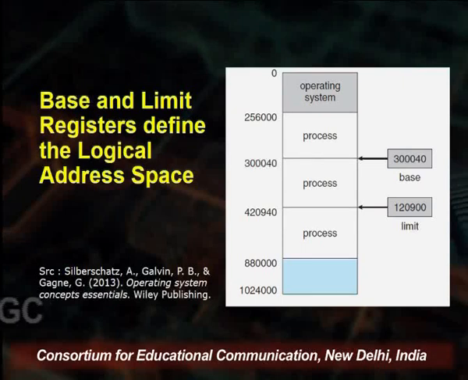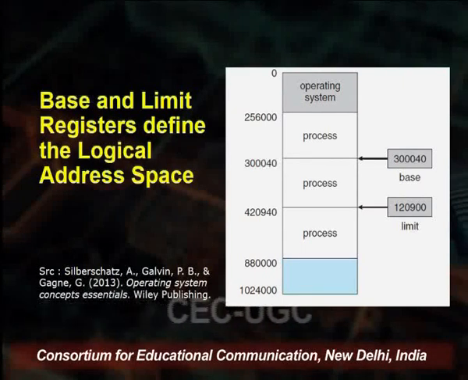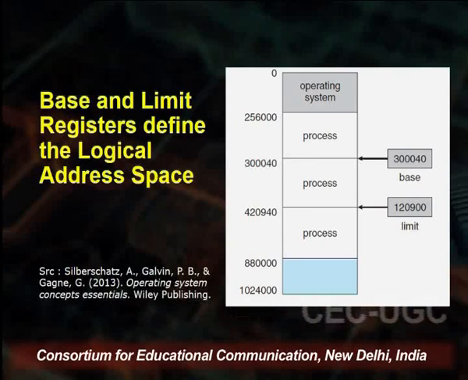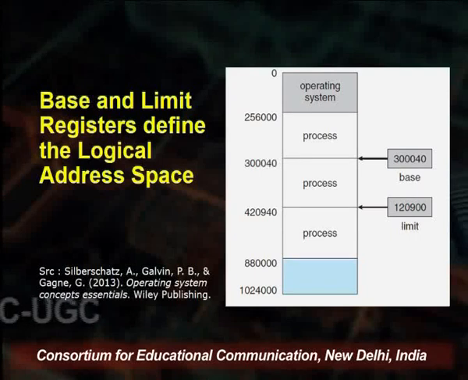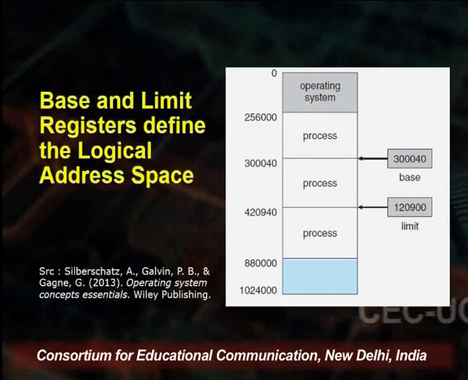That is, it can have values from 30040 to 420940, because the 120900 defines the permissible length of the address range that a process can